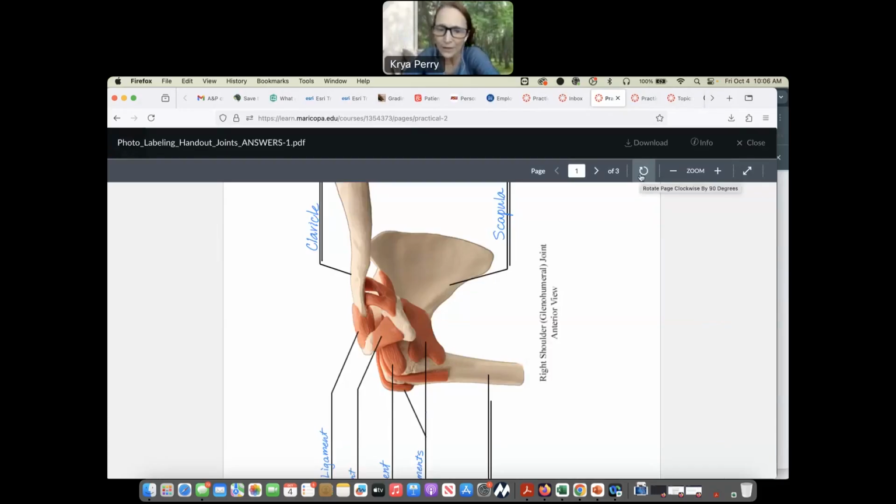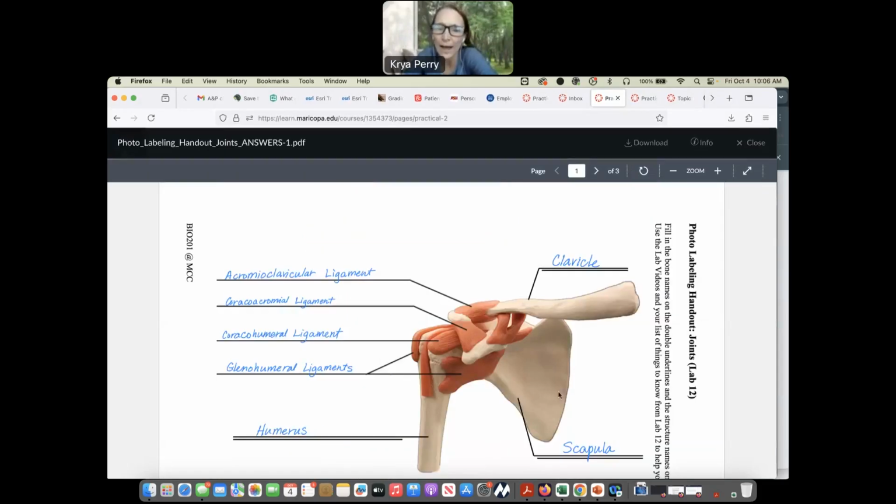So we've got the clavicle here, the scapula here, and the humerus. And here you have the coracoid process, right? And here you're going to have the acromion process. So this ligament is going to be called the acromioclavicular ligament because it's going from this acromion process to the clavicle. When you're looking at these joint models, the very first thing you want to do is orient yourself on the bones. This is the clavicle. This is the acromion process. This is the coracoid process. So you know exactly where these ligaments are going, which two bones they go between,